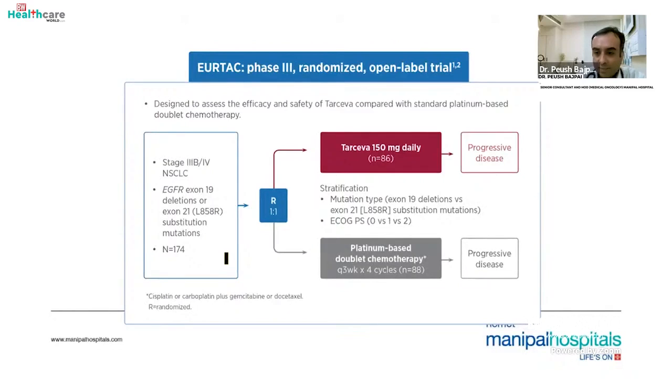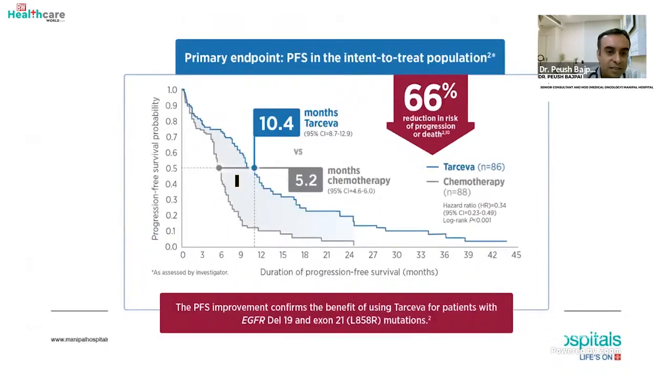Just some background of evidence. What is the scientific evidence over here? I just wanted to show you this particular medicine in the purple box over here, Tarceva, 150 milligram. This is given compared to chemotherapy, and this is used in stage 4 lung cancer. And you can see that this particular oral pill has actually brought down the death rates nearly 66% as compared to chemotherapy. So it is working much better than chemotherapy.